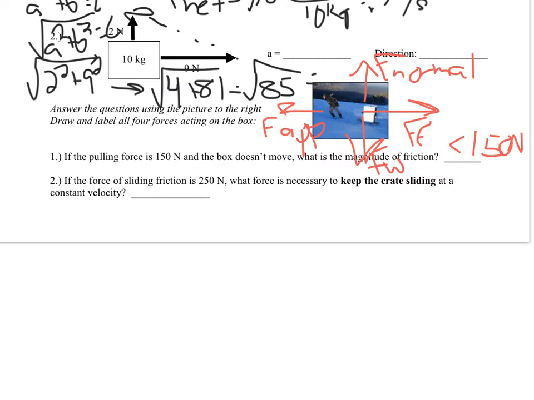Looking at question number 2, if the force of sliding friction is 250 newtons, what force is necessary to keep the crate sliding at a constant velocity? This actually ties in with Newton's first law of motion, where it says an object in motion stays in motion, an object at rest stays at rest. So if the object keeps sliding with a constant velocity,